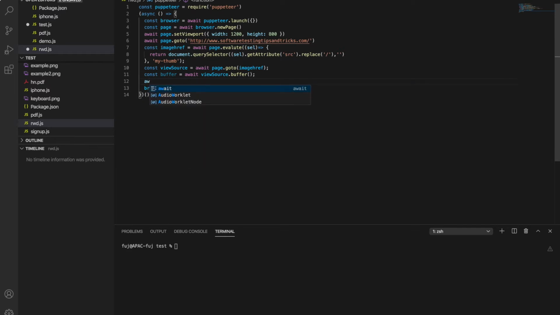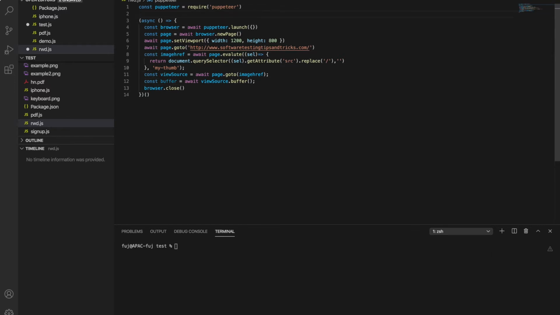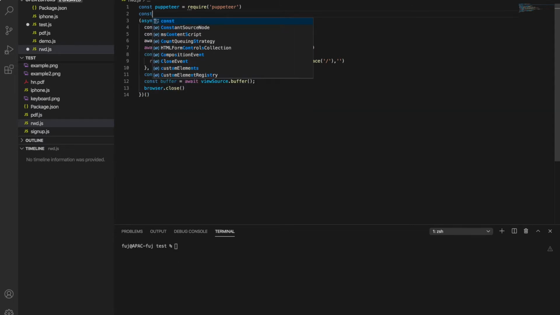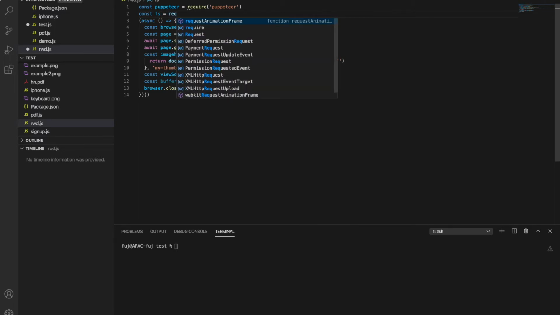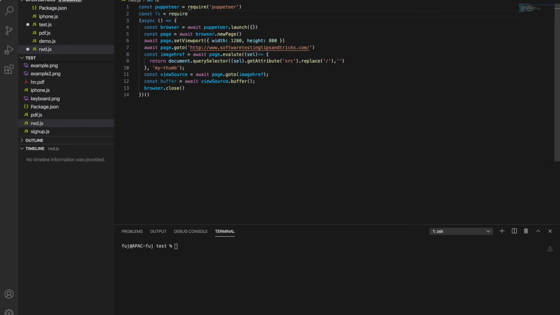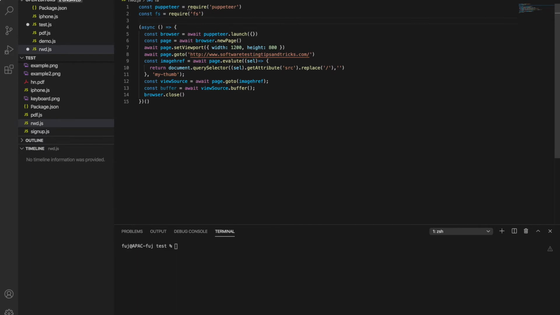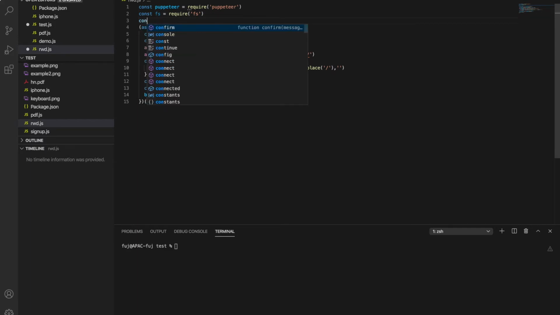To write a file we require some imports, like we do in Java, but here we need to get some libraries from Node.js. Remember, Puppeteer is also one of the libraries from Node.js. So first I need to require fs for file system. Then I require path because I need to set the path.